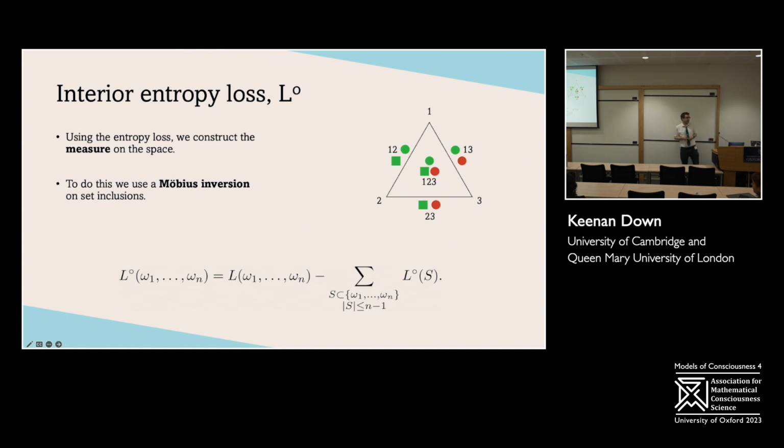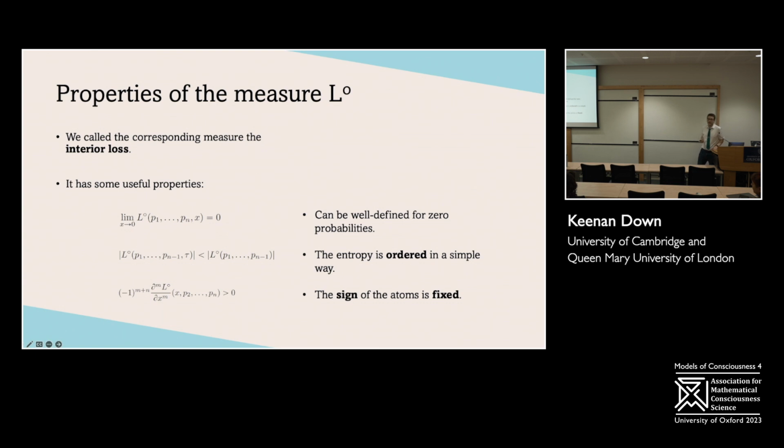Now this should be justified a bit, because if you know the Möbius inversion, this is just a kind of mathematical trick. It will always work. You know, you will always get a kind of additive system out. But why can you do it in this case? Why should it be justified? Well, it has some really nice properties. And if it has nice properties, then maybe we're touching something a bit more fundamental, is that we can define this measure well when we have a zero probability, so not everything just falls apart.